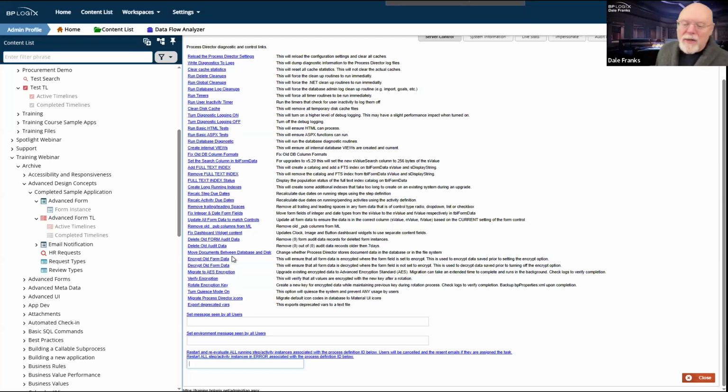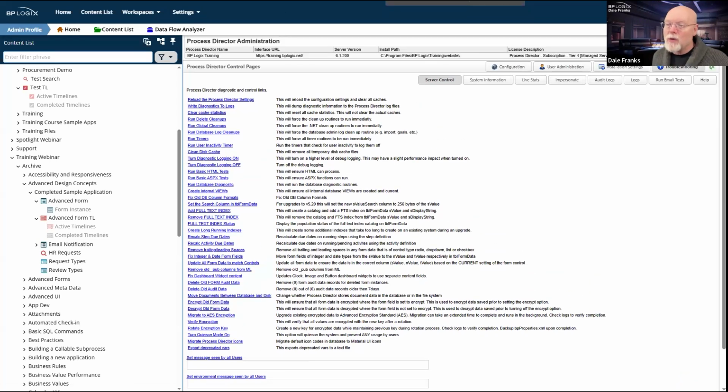That's hidden there. There is also the ability to just delete some old data. So you can have some deleted form instances, and the audit data for that is still being maintained, especially if you have the audit logs in the database. So you can click that and just delete that old form audit data for all of those form instances that you've deleted. There's a couple of kind of tricky things that you can do in here that are all hidden in debug mode. But debug mode is a useful mode on the system and gives you the ability to go in and see a little bit of the behind the scenes complexity that we usually hide from you.